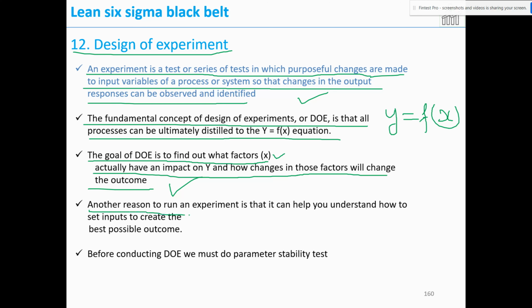Another reason to run an experiment is that it can help you understand how to set the inputs to create the best possible outcome. Okay. Before conducting design of experiments, we must do a parameter stability test. So let us see what a parameter stability test is.